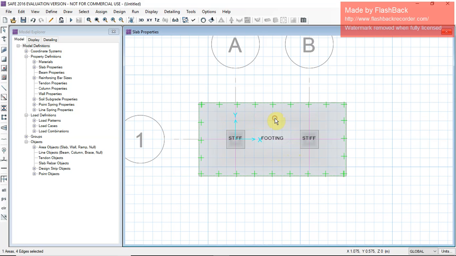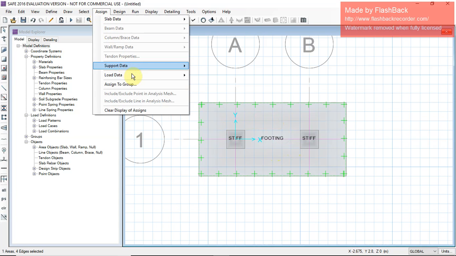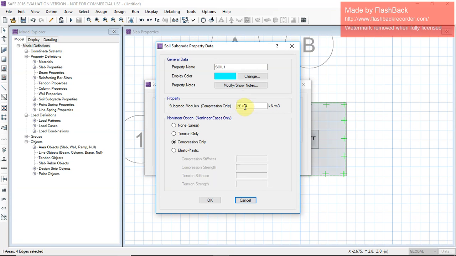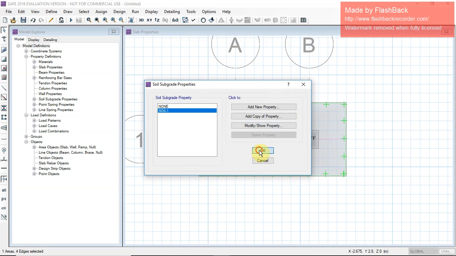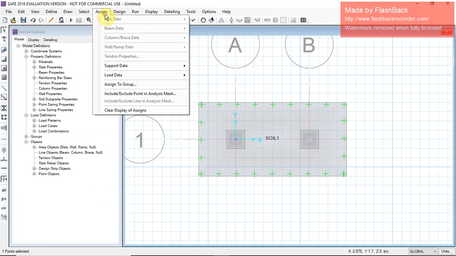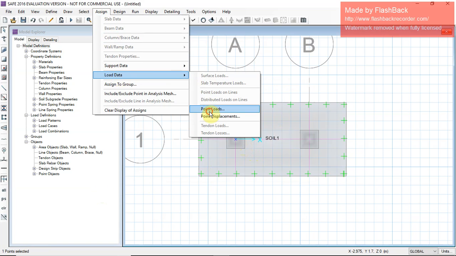Now you have to assign soil properties, support data, soil properties, soil 1, 1E+04. Okay, assign soil 1. Now you have to check whether the loads are assigned or not: load data, point load.